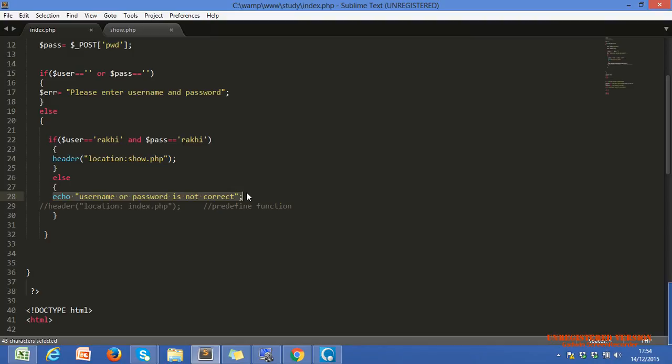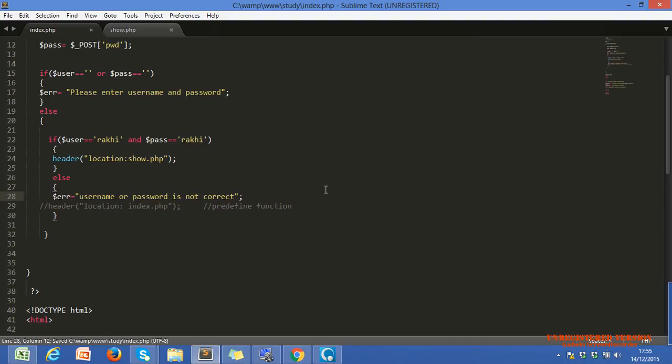Now my requirement is that I want to echo that message also in the same place. Same place means in the same variable we can assign that value also. Just tell me, can we do that or not? I'm just assigning, or you can say overriding, the value of $err. Is that correct or not?